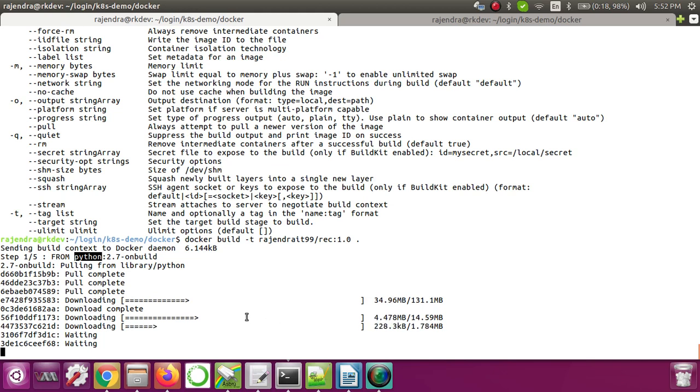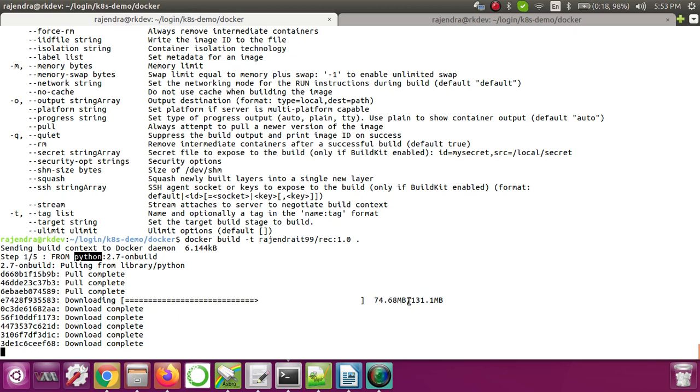Now you can see it's happening fast because these are very small layers. This one is huge, because it has around 131 MB in this particular layer. This time it is downloading everything. But next time, if I do docker build, it will finish quickly.